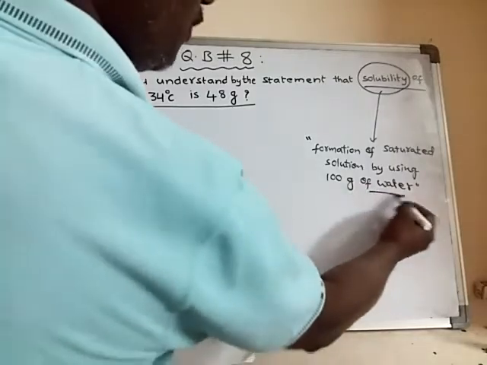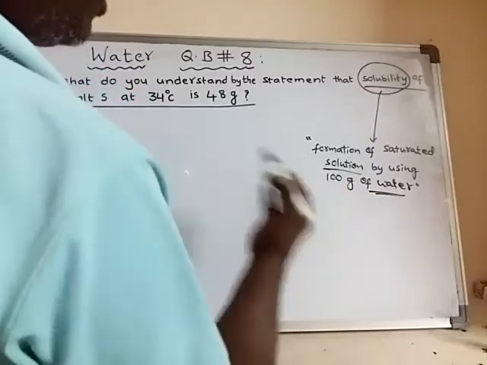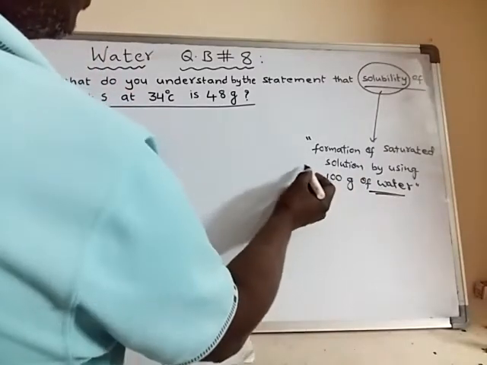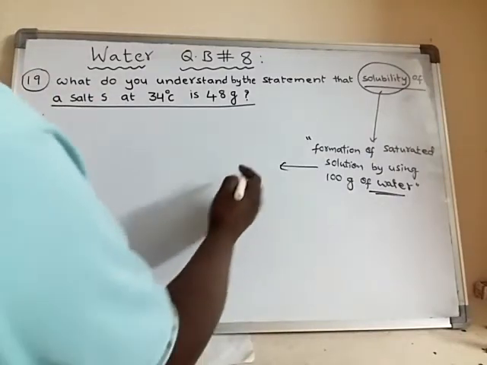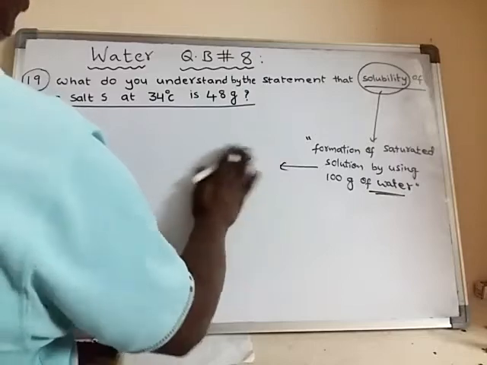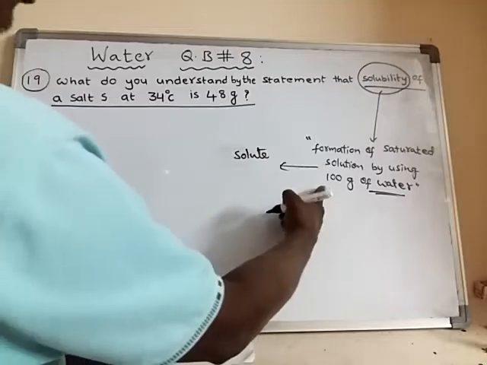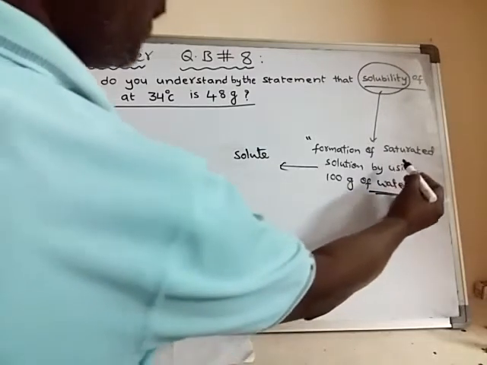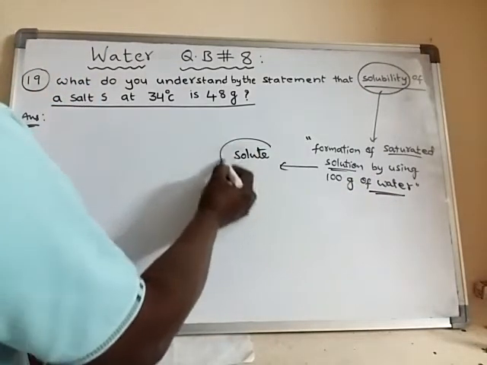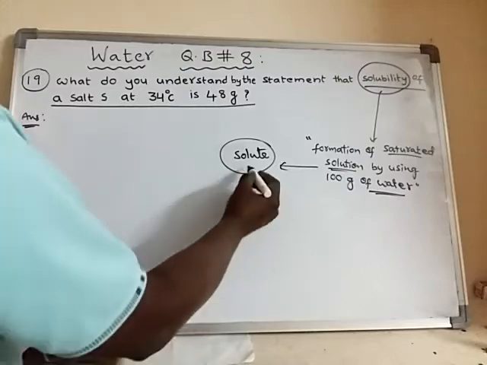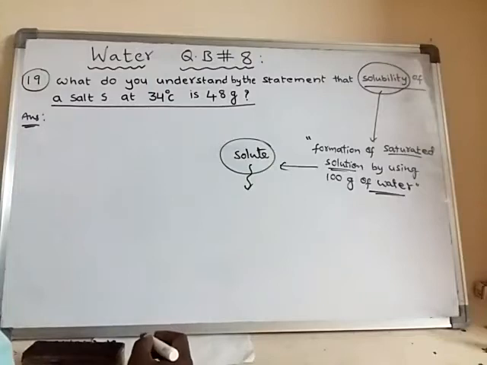With only water, a solution cannot be formed. So what is mixed with the water? Some solute is mixed with water. Upon addition of some solute to 100 grams of water, in order to prepare a saturated solution, how much amount of solute we have to add? That amount of solute is said to be the solubility of that substance.